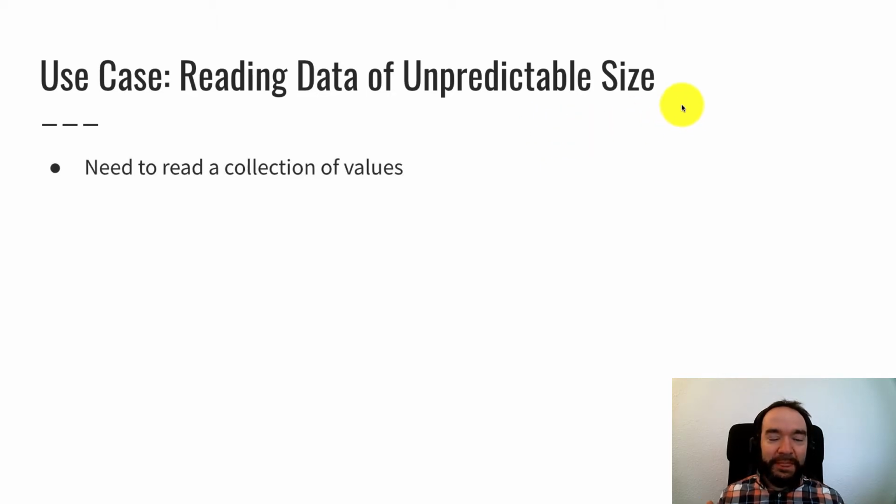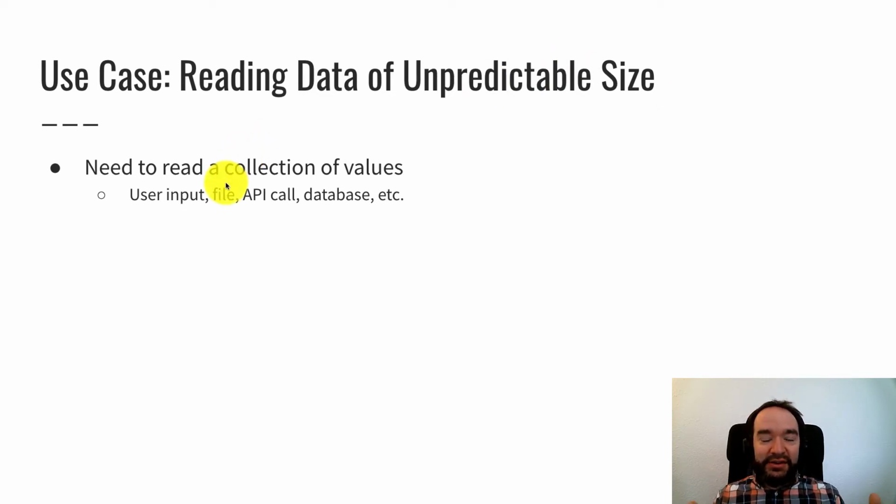This happens when you need code to read a collection of values, and this could come from user input. So maybe this is an app where people type stuff in, and we don't want to limit, like you're limited to 6 things. We want it to be however many items people type in. Or there's a file. We don't know how many data elements are in the file. We just need to read from the file one at a time until the file ends. Or maybe an API call, you call into some API service and it gives you back a list of things, and we don't know how long that list will be. Or we are reading from a database and we get a result set and we don't know how many rows are going to be in that result set until it comes at us, and so on.